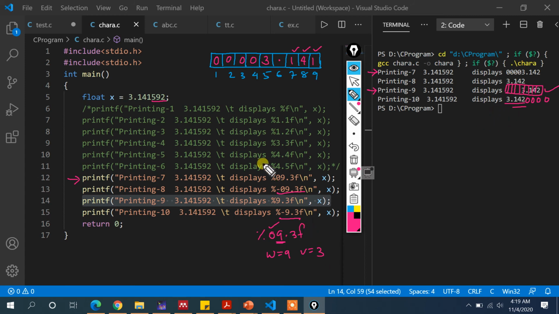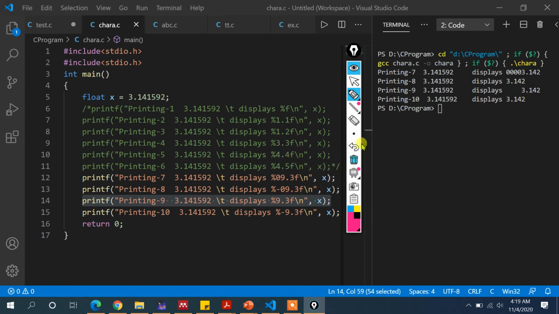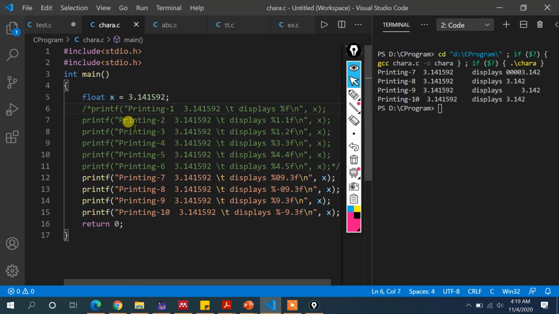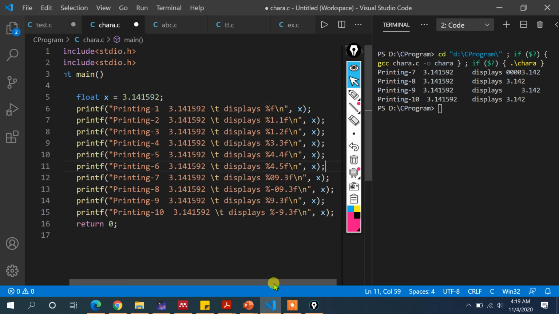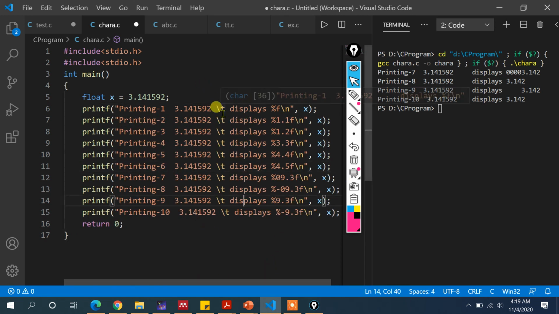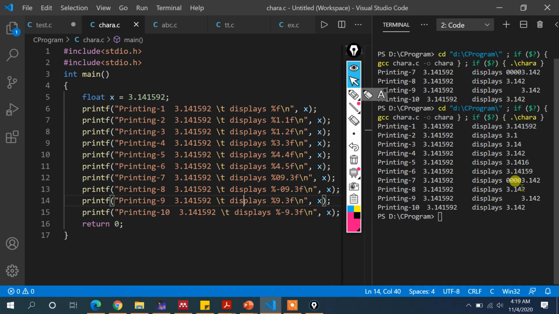Okay, so I hope you understand this printf statement. Now I am going to explain all the other printf statements present over here, which will clear your doubt regarding the representation. So you can see here the remaining display. Let me first erase that comment and then I will print the things, then I will explain. So this comment line should be removed. Now you can see, if I run this program, the output is coming like this.